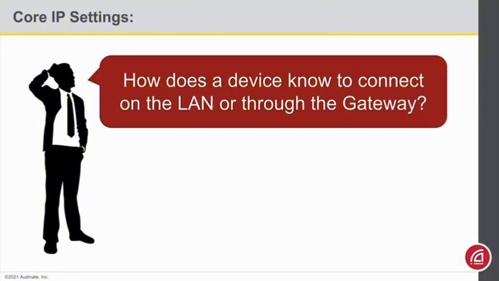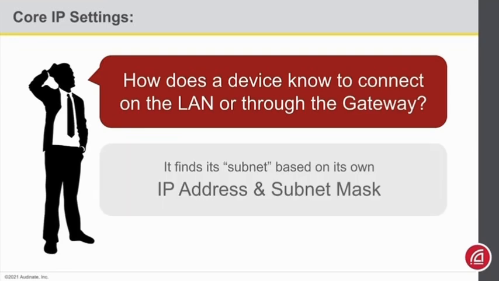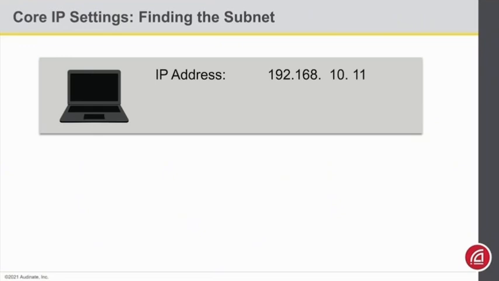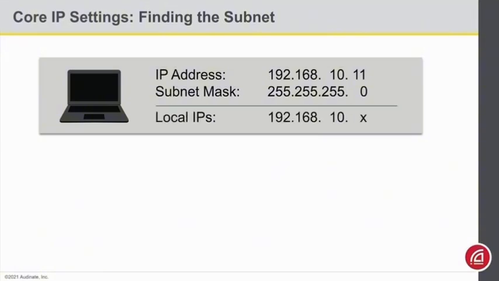How does our network device know if the destination is found on the local area network or if it should contact the gateway? Well, it figures that out by using its own IP address and subnet mask. And many of you will probably know this intuitively. Let's suppose my computer on my home network has an address of 192.168.10.11. I think that many of us would intuitively assume that the subnet mask is 255.255.255.0, and devices on the local area network will have an address in the range of